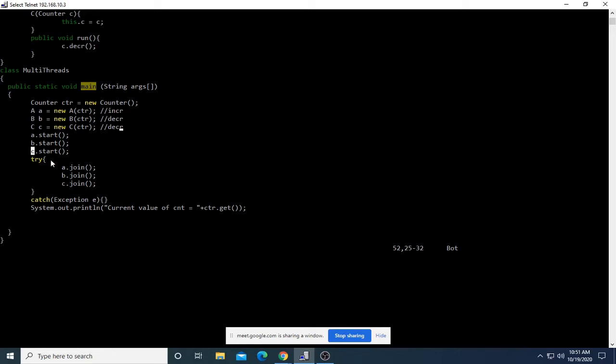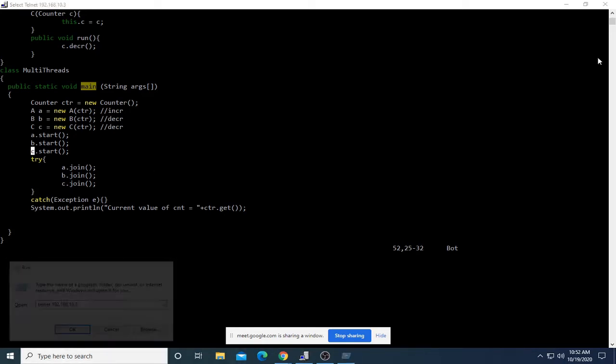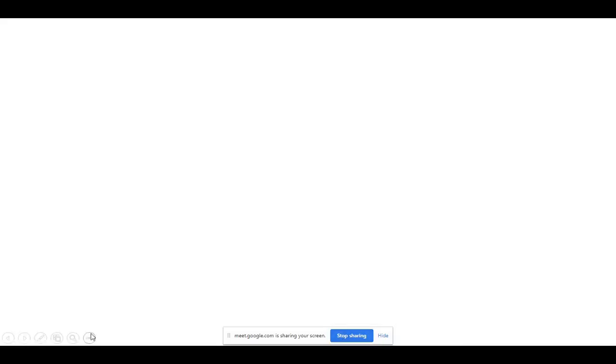Yes. Okay. What if the order is C, B, A? Is that going to change the output? Just check. Output is same. Okay. So no matter in which order these threads execute, it should be -1. Ideally, it should be -1, because whether you decrement twice, then increment, or any other combination, it should be -1. Is this PPT visible?